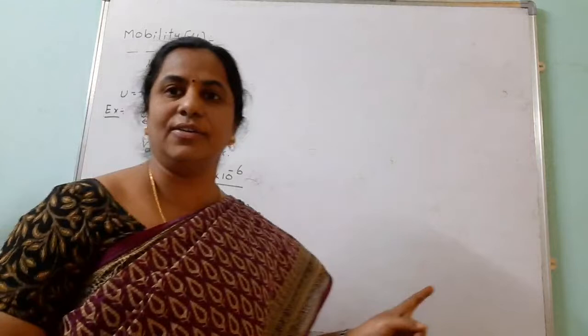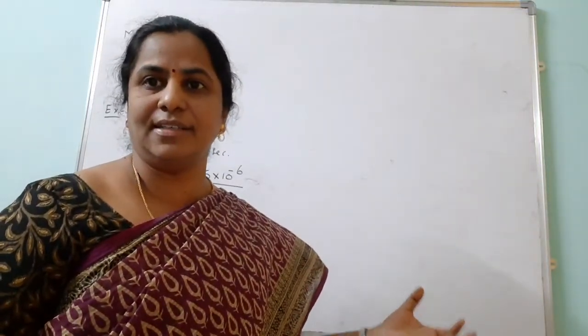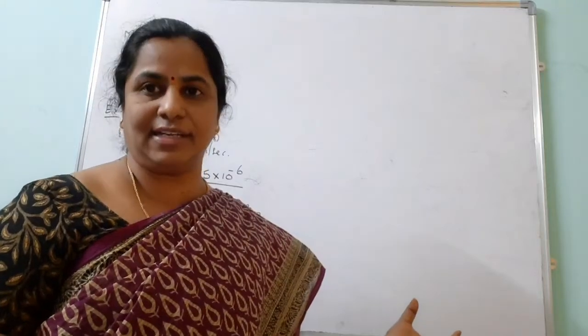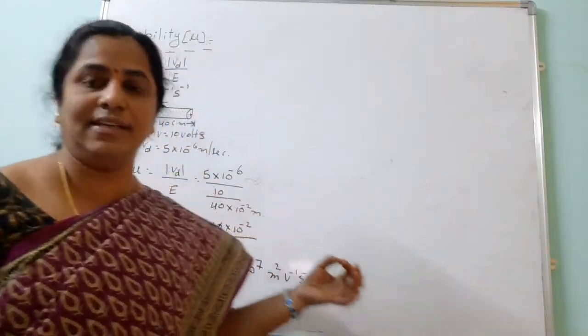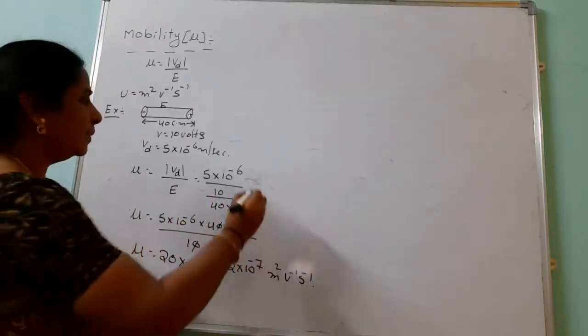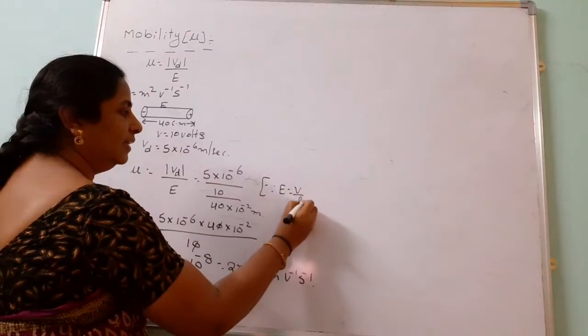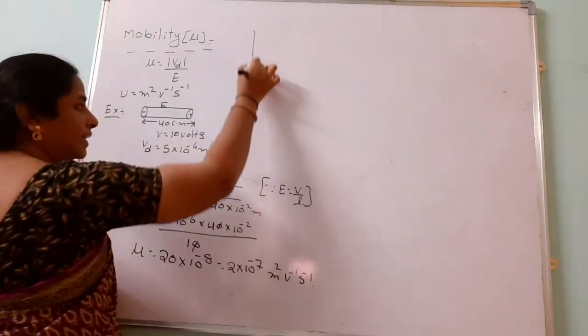Like that, we can find the mobility of the charge carriers with the help of the drift velocity and the applied intensity of the electric field. Even if the intensity is not given, we can find it from potential per unit length, V by the length of the conductor. Then our next topic is